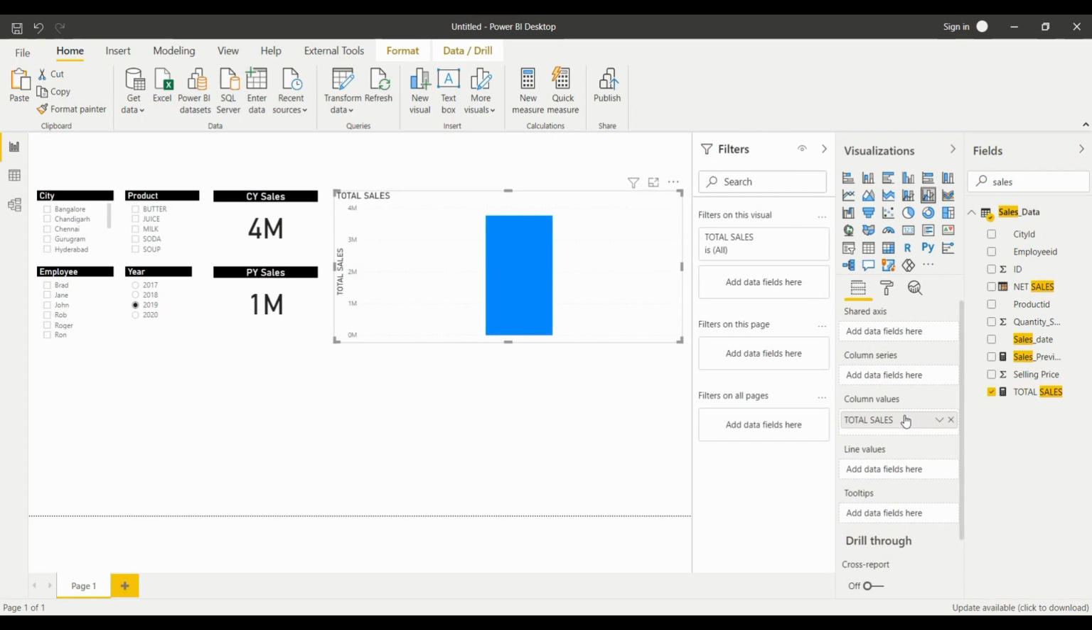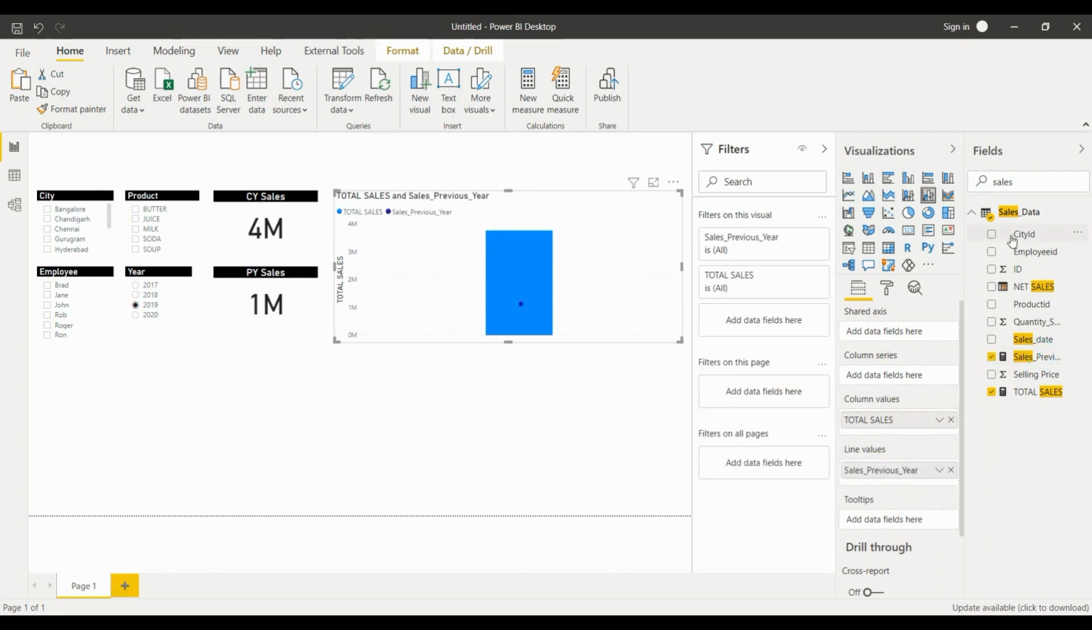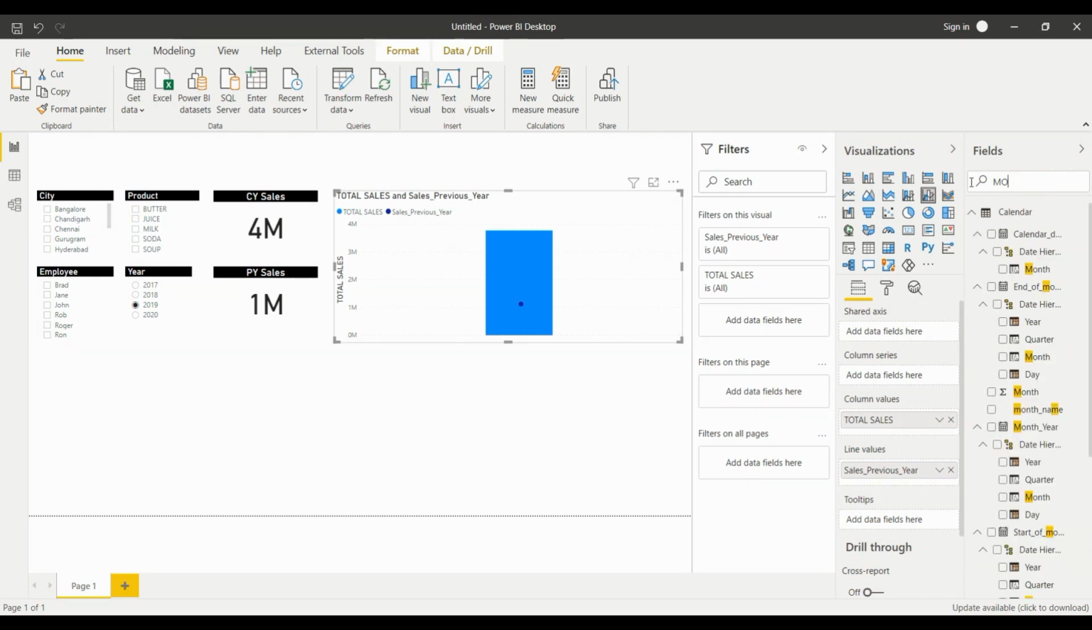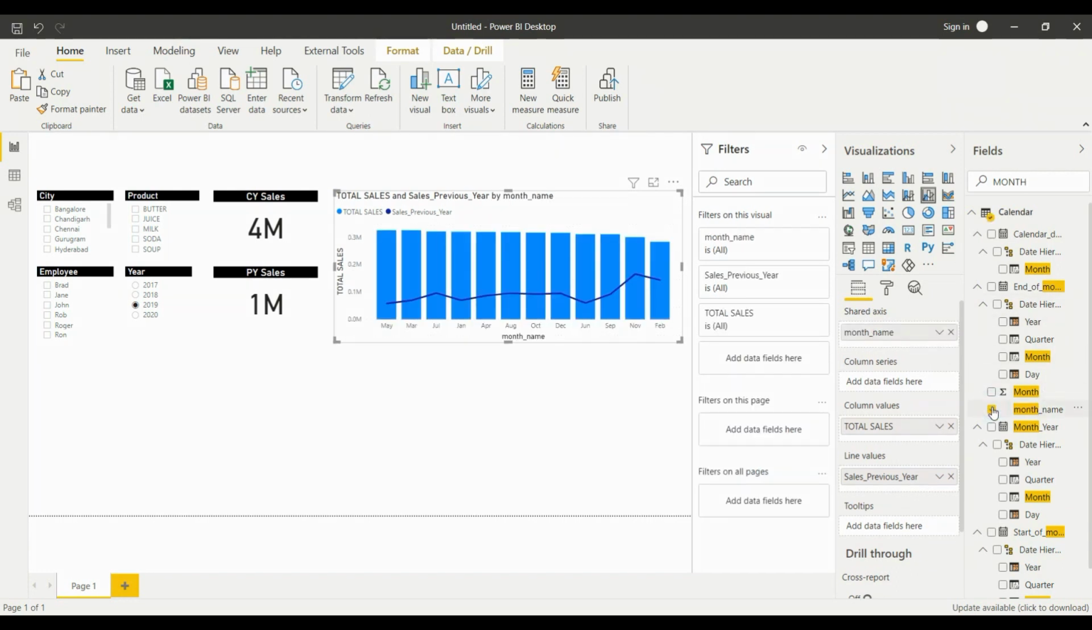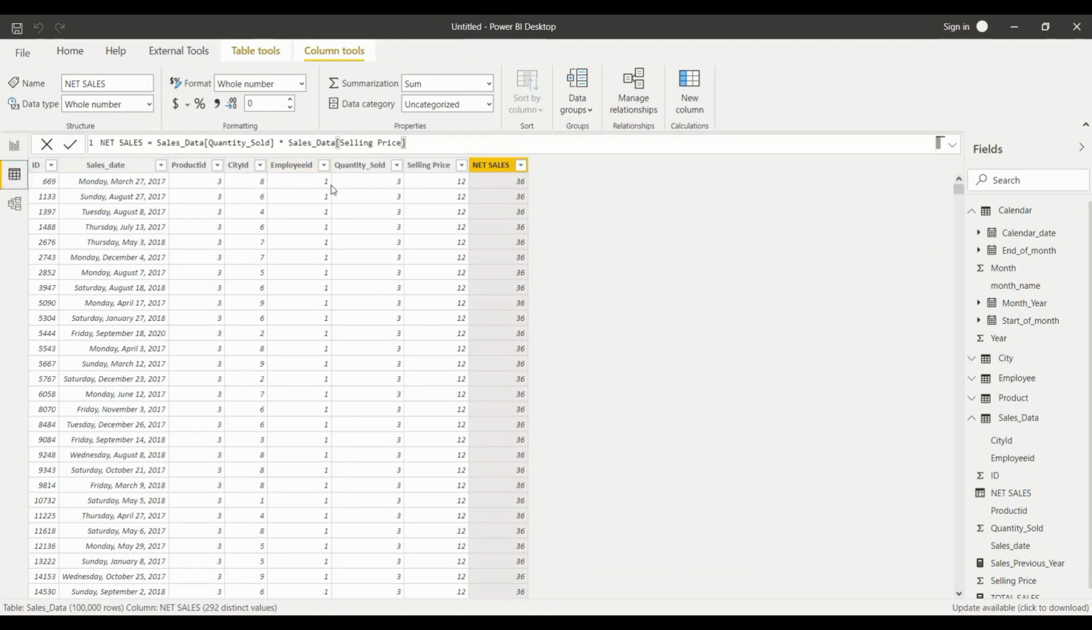So let's track current year sales in this combo chart in the column values and previous year sales in the line values. We need to show this comparison on a month to month basis, so we will select month name from the calendar table. Our graph is ready, but if you notice, the ordering of months is incorrect. We can go to our data view to correct this